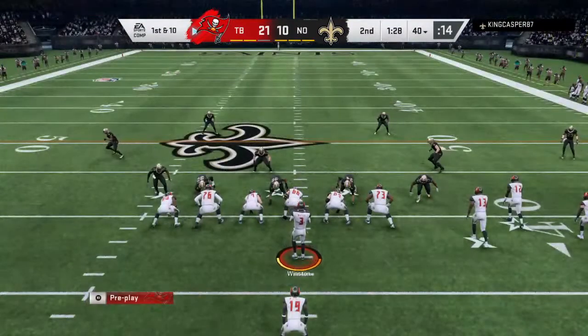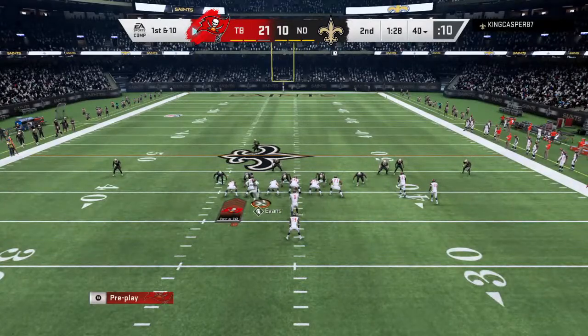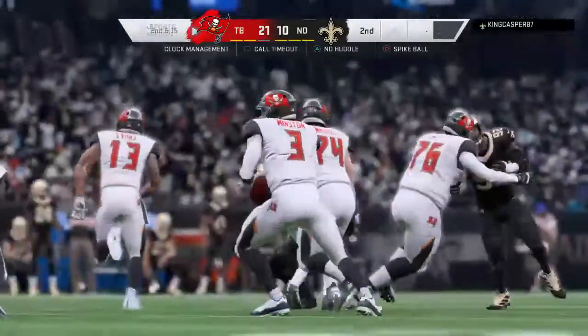The Bucs offense set to begin their next possession. And a fumble last time. Ball security. Talk about it all the time in the National Football League. They've got to be better at it on this drive. Don't you think that